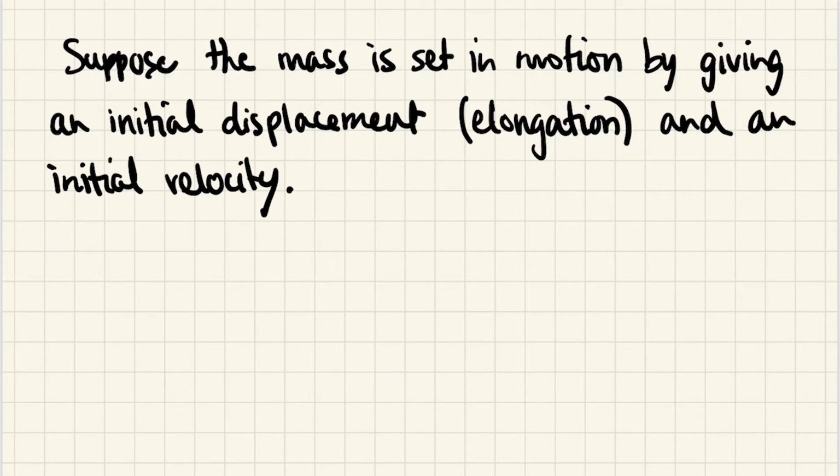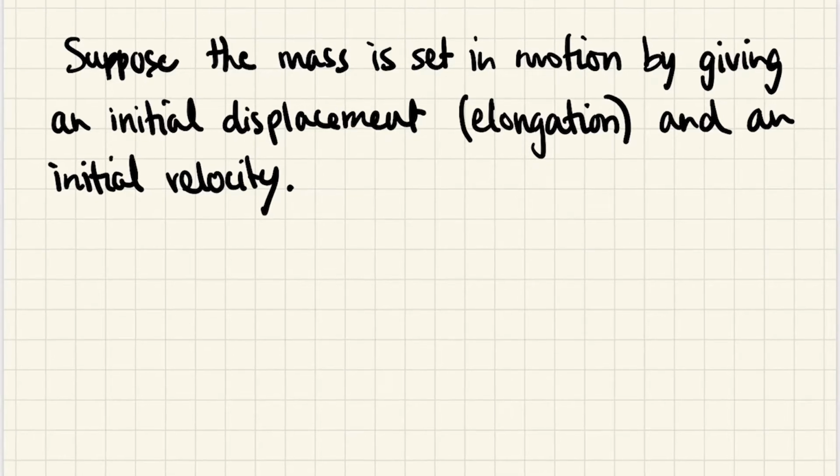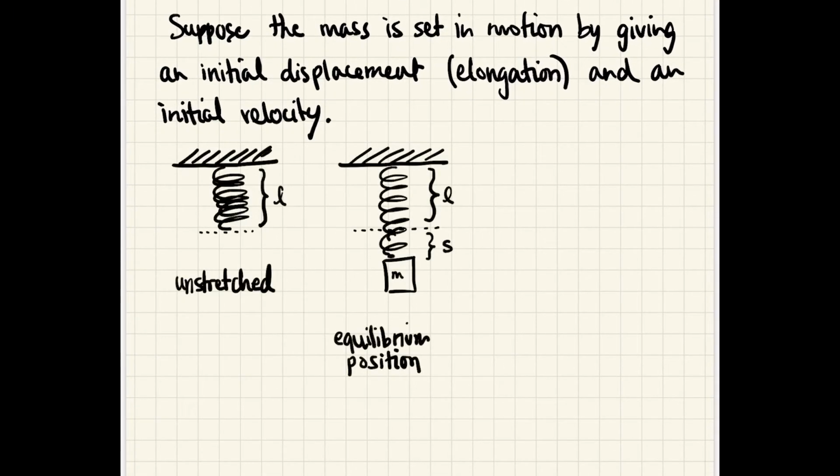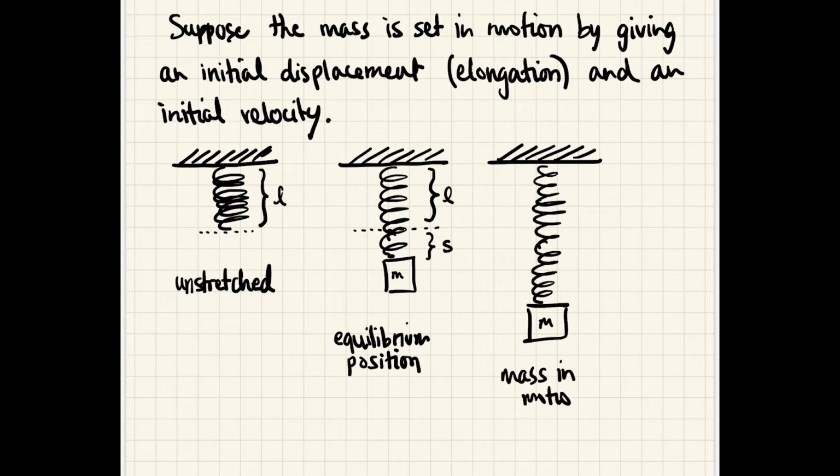Our model will not only account for having pulled the mass to a different location and letting go, but even giving it an initial velocity if we wish. So pulling the mass down and then giving it a little shove in either direction. All right, so let's paste in our diagram so far, and let's draw one more representing the moving mass. So again, this would be the equilibrium position with the mass. So we can call this length here